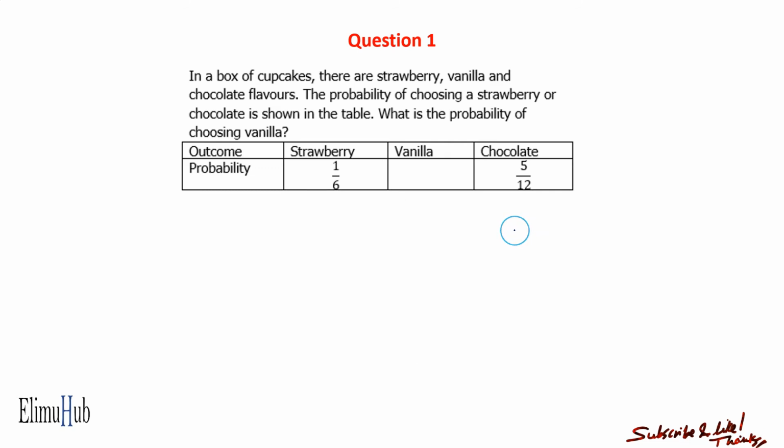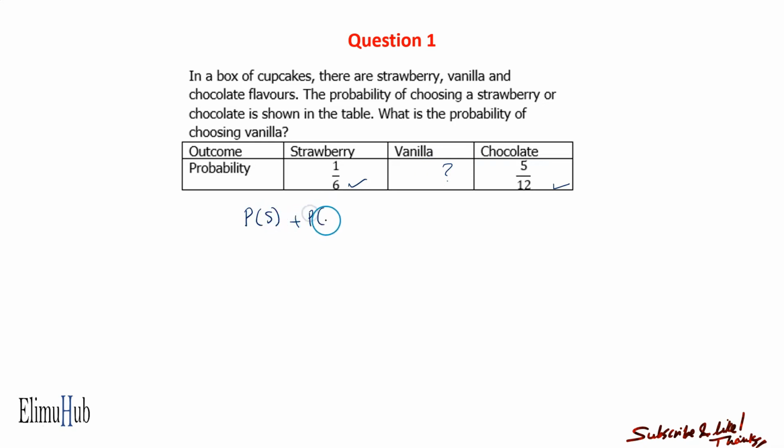All right, let's do some examples. Question 1. In a box of cupcakes, there are strawberry, vanilla, and chocolate flavors. The probability of choosing a strawberry or chocolate is shown in a table. So these ones. What is the probability of choosing vanilla? So we need to find this one. So probability of, I would say, strawberry